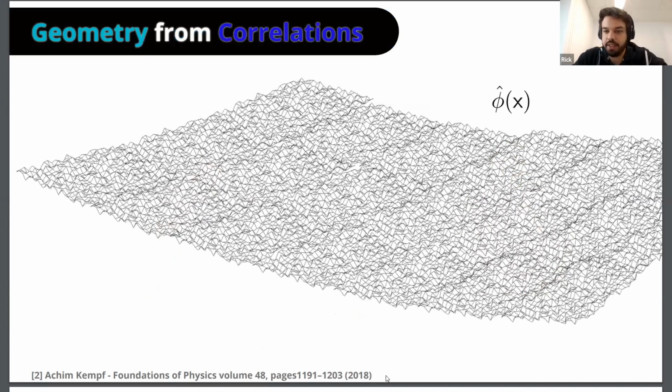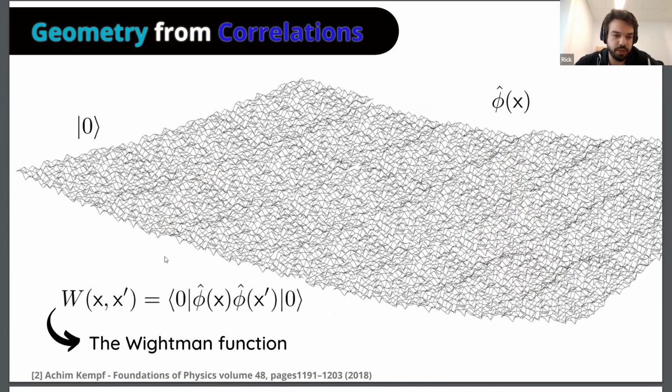So the idea is, well, let's consider a quantum field theory in a curved spacetime in a given state. I'm assuming the GNS representation of the state, so I can talk about the vacuum here. And of course, there will be this correlation function associated with the quantum field, the Wightman function, which essentially tells you how much measurements at the event x are correlated with measurements at the event x prime. And the idea is that we can use this Wightman function in order to infer or even rephrase the geometry